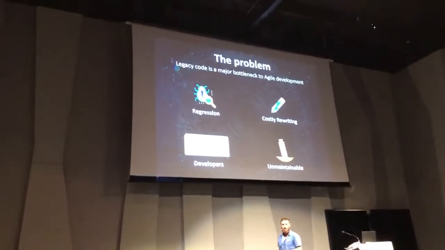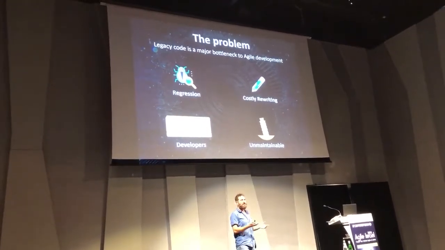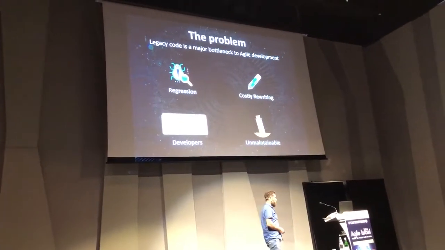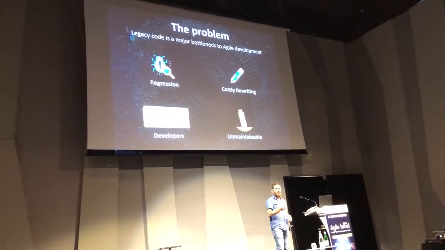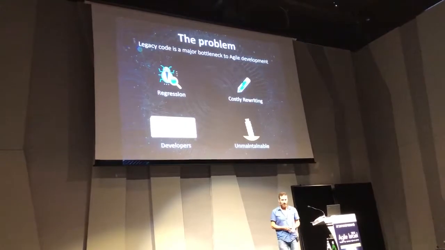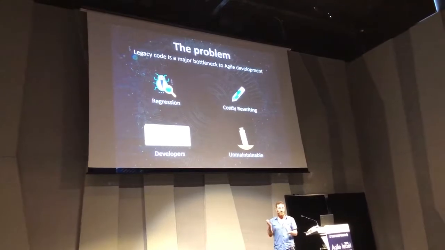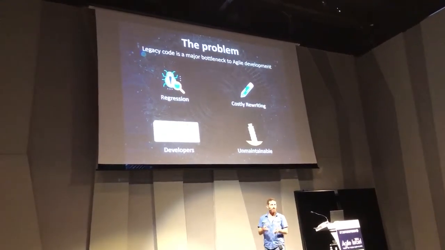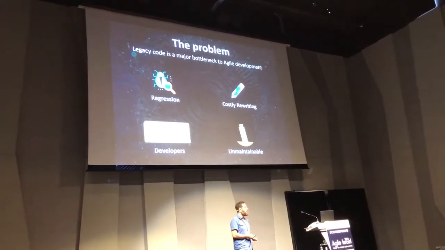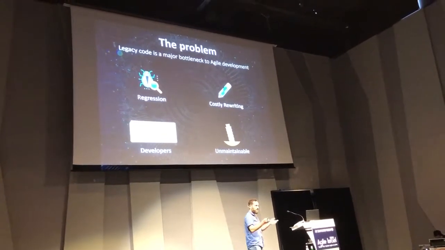Costly rewriting. We talked a bit about Netscape. And Netscape, their manager said, yes, rewrite it, because what happened was the developers came to them, and it happens in many companies. And they said, listen, it's going to take us 2 months to rewrite this piece of code and 2 months to add the 2 features. Let's just rewrite the whole code. And basically, it's going to take much more than what you thought. It normally takes 3 times as much as what the developer says. And that doesn't take into account that you go into the unknown when you're writing new code. And it's very, very costly to actually rewrite this information, this data, these algorithms.